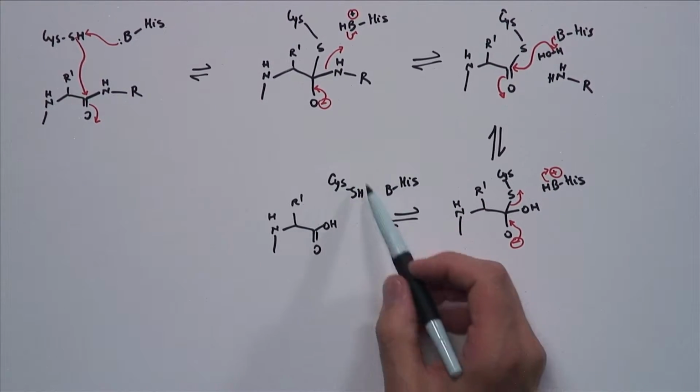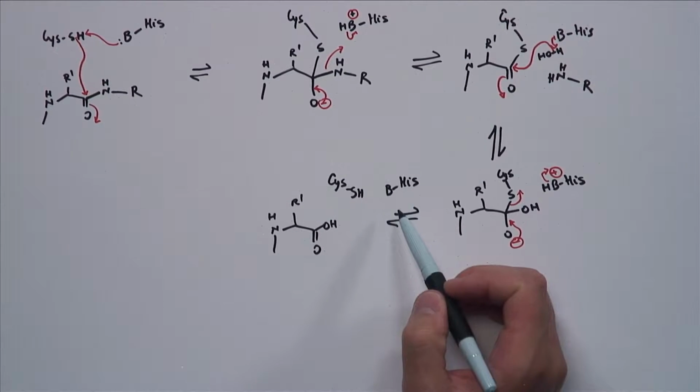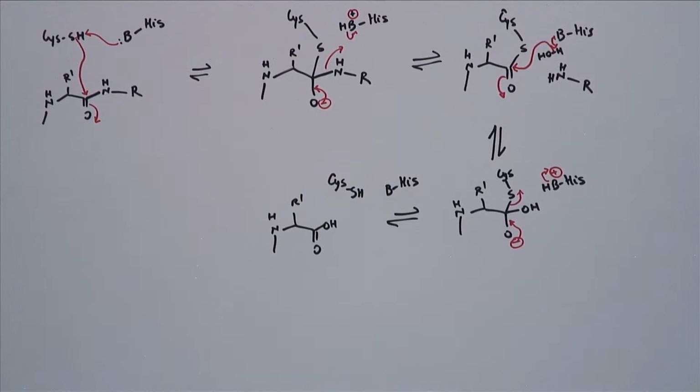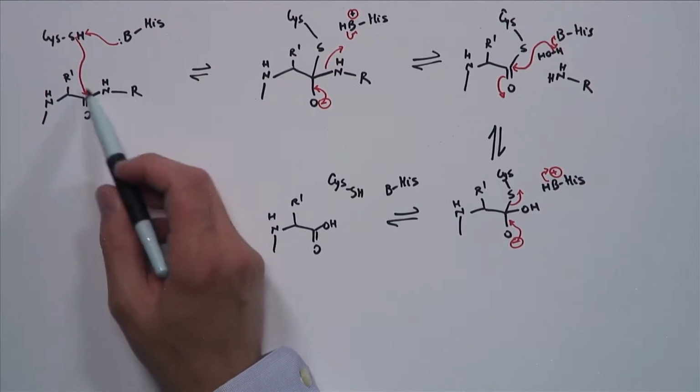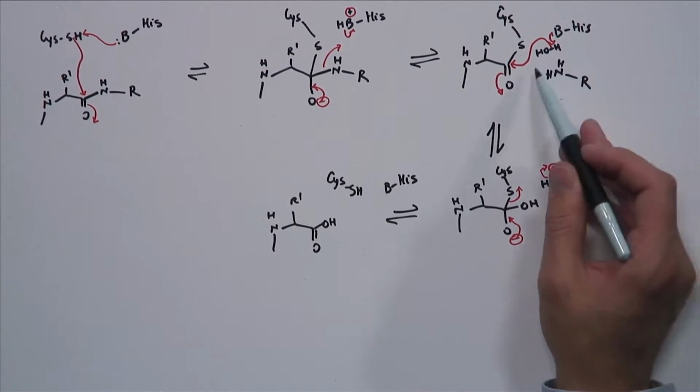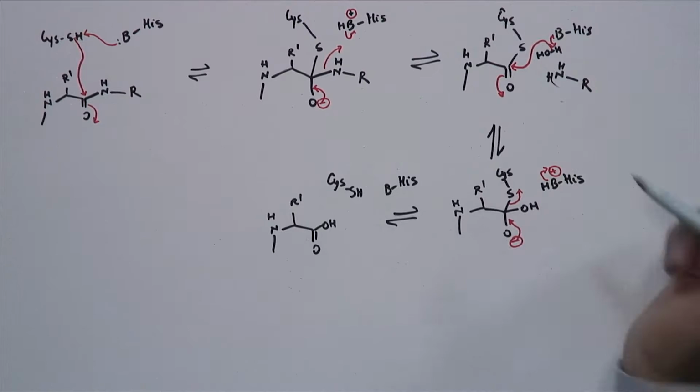So there you have it. Now we restored the active site with the cysteine and the histidine, and this is the second half of our peptide that we cleaved. So notice the carboxyl side, it's right here, and the amine side was released a little bit earlier. The mechanism that you just saw is very similar to the serine protease mechanism that is described in the book and in the lecture notes. Notice every time we form a tetrahedral intermediate, this is probably stabilized in an oxyanion hole formed by some of the residues on the backbone of the enzyme.